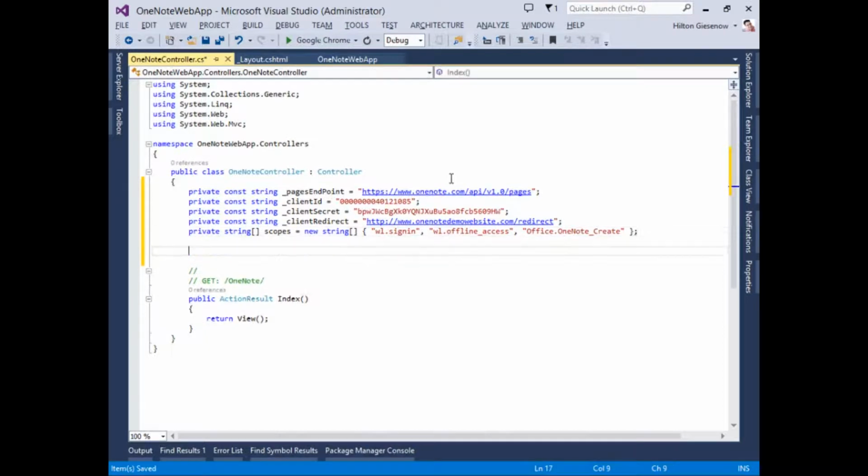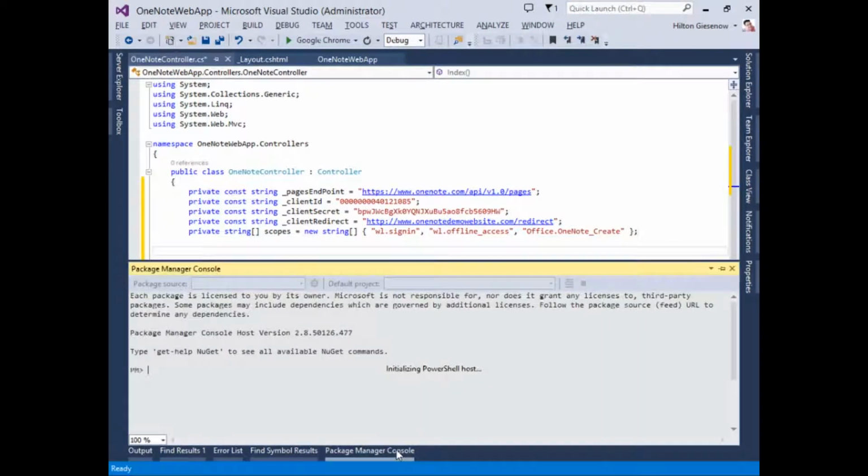After that, we're going to install the Live SDK, and it will enable us, for example, to do authentication and handle all the redirects and so on behind the scenes for us. So I'm going to head here into the Package Manager console, and I'm going to install the package, which is